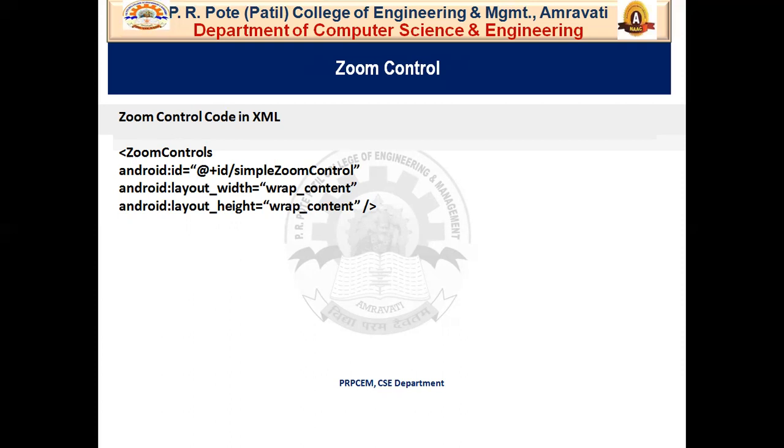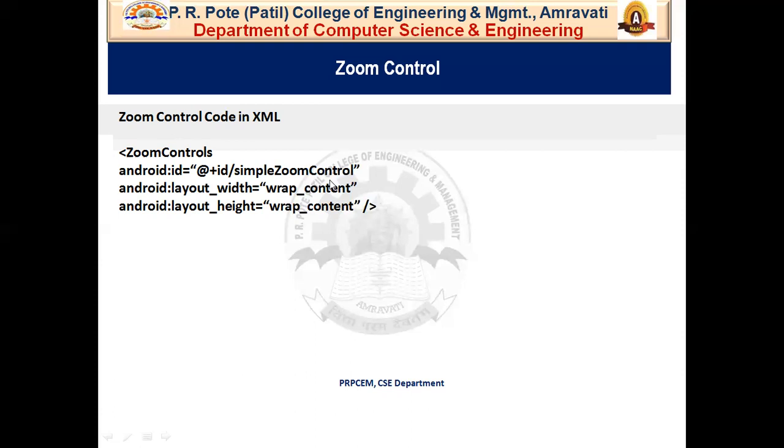So let's see the zoom control code in XML file. To create a zoom control, as usual, we have to first set the Android ID, which is a unique identification given to the zoom control. So @+id/simple_zoom_control, this is the syntax for assigning the ID.